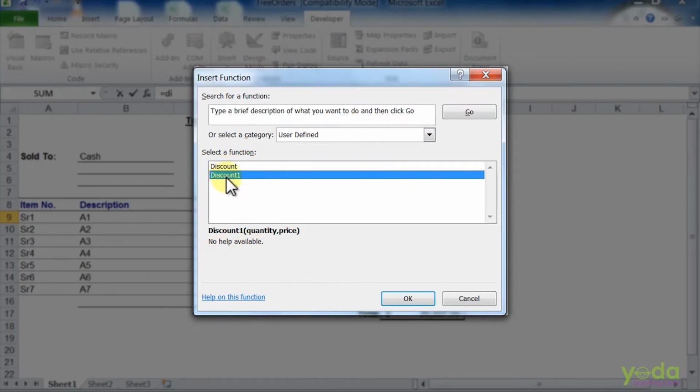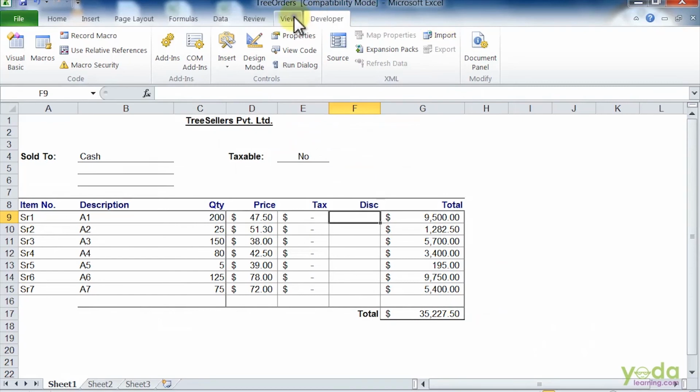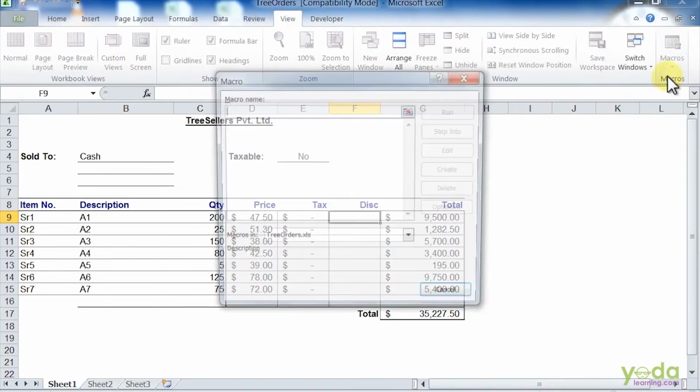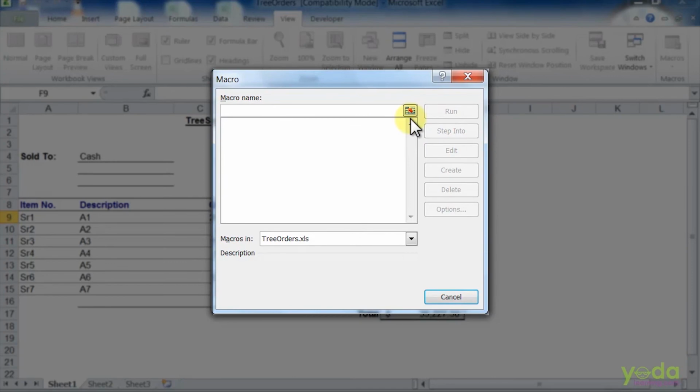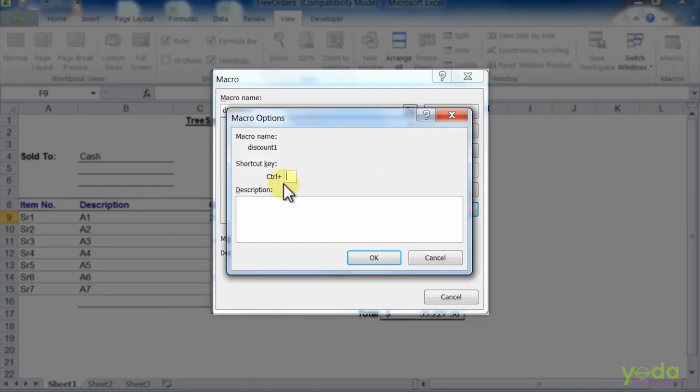Since I have not entered any description relating to this function, I can go to the macros option here. I will say view macros. I have no macro here currently. I will type here discount 1. When I type here discount 1, it will show me the option that is options. Here you can give a shortcut key or you can give the description of what exactly discount 1 will do.